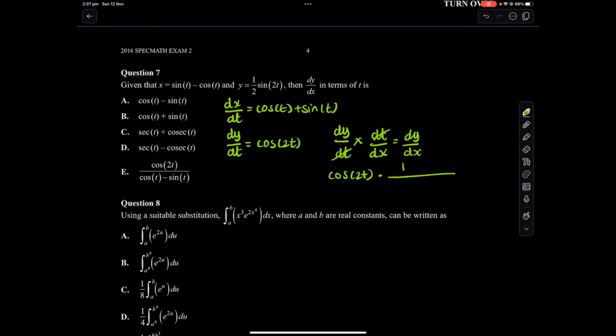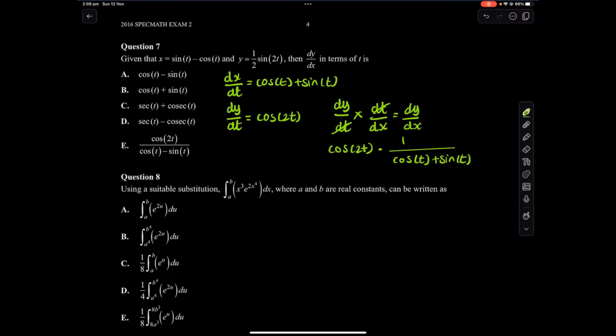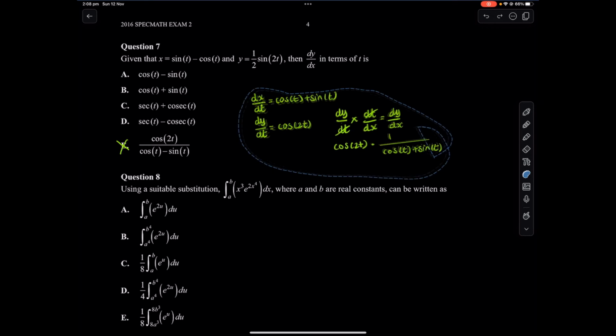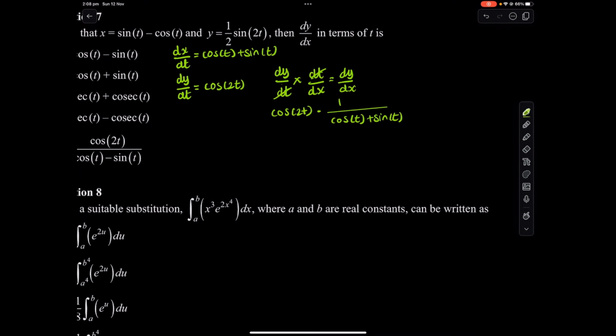So 1 over cos t plus sine t. All right, that doesn't give us any. Well, this one looks similar, but it has a minus, so no. Okay, cos 2t, if you look at your actual double angle formulas, you should see a relationship. Aha! This expression right over here can actually be simplified further. You can replace that cos 2t with cos squared t